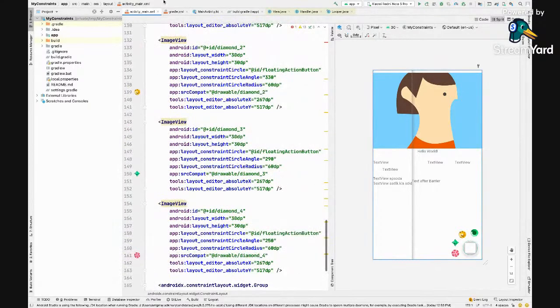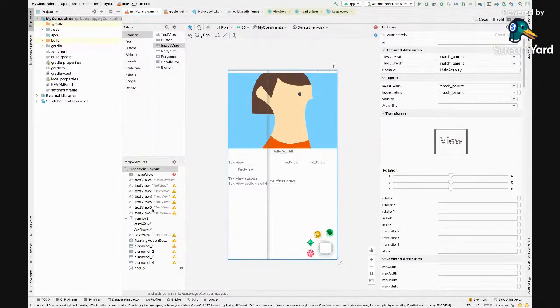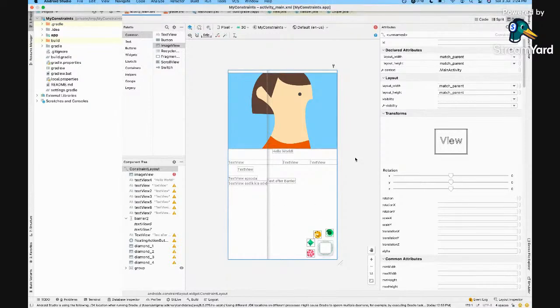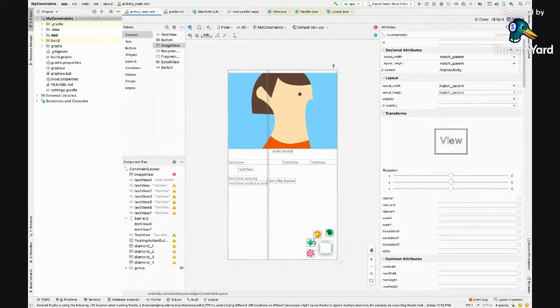Did I miss anything? Now I'll try to have all these four change when you click on this floating action button. I'll make them gone and make them visible alternatively.